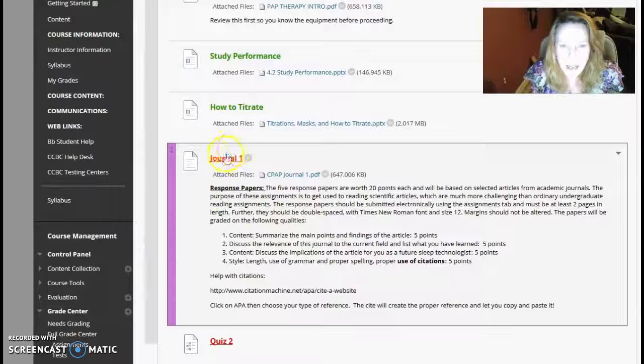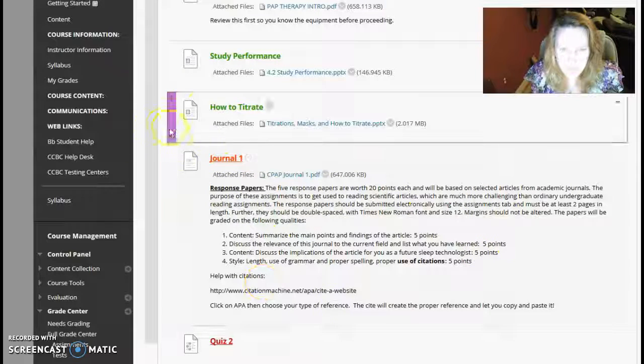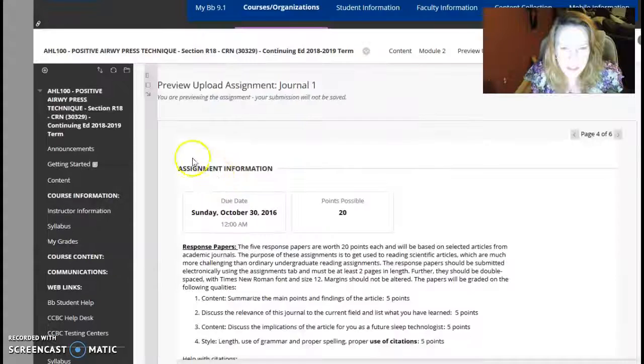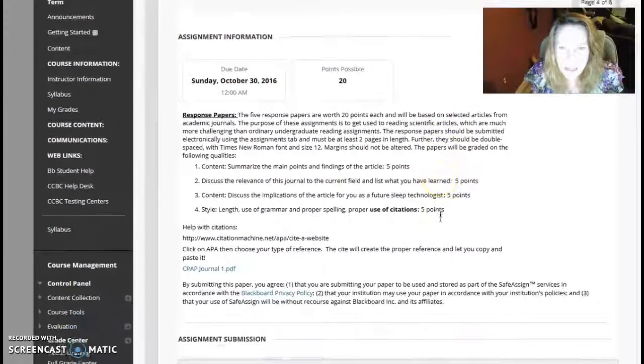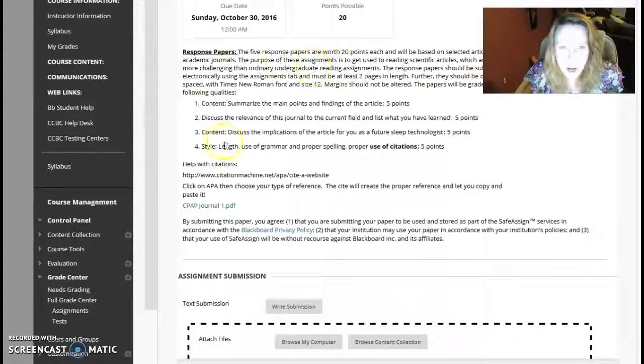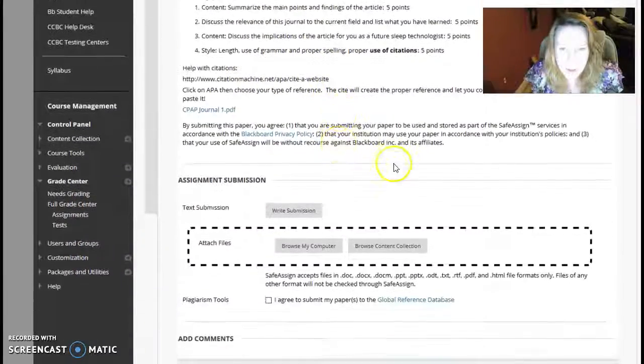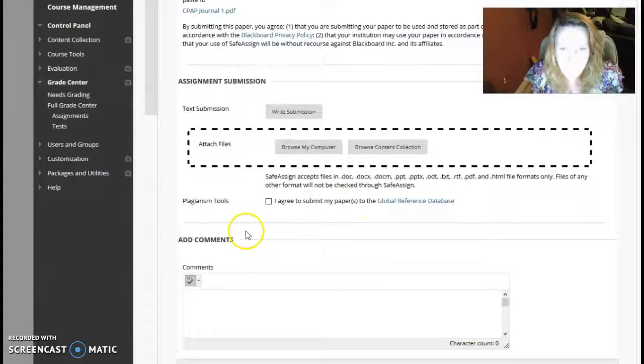In here, in orange, I have the hyperlink. But here you can also read what the assignment is. But that information is also in the hyperlink. So here's the due date. And I'm going to extend that for you because you didn't really understand how to submit it, and the possible points. As you are reading the information here on the assignment and how to turn the assignment in, you will